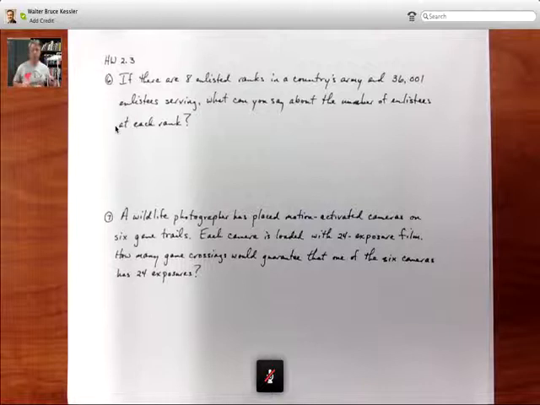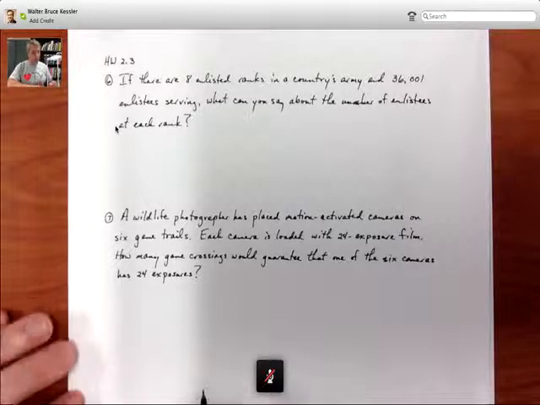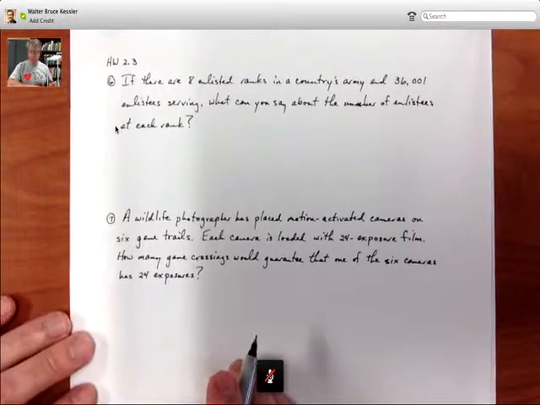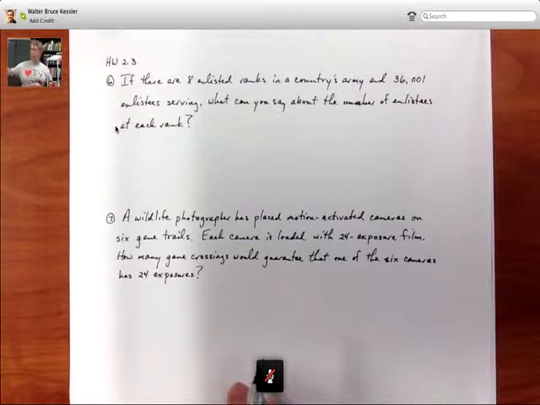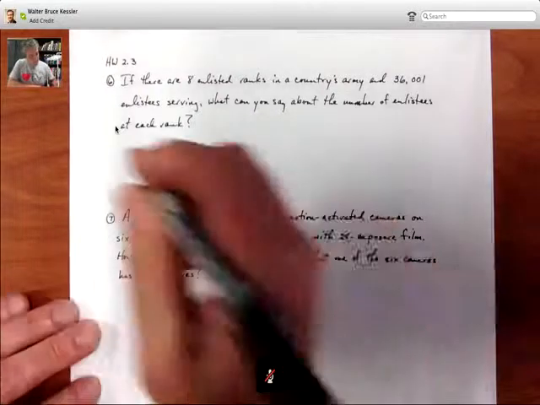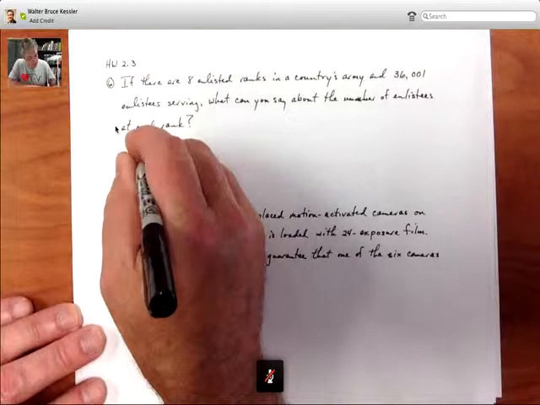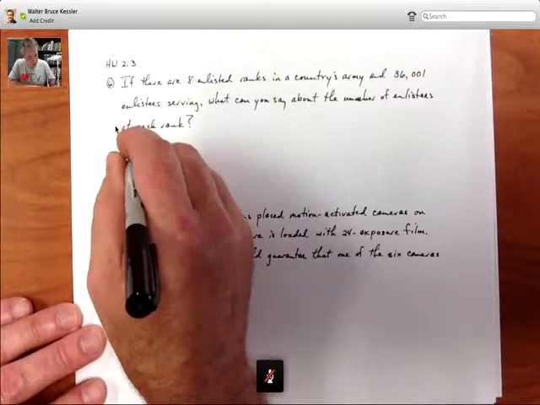Okay, problem 6. If there are 8 enlisted ranks in the country's army and 36,001 enlistees serving, what can we say about the number of enlistees at each rank? Well, this is straightforward pigeonhole principle. It's the generalized pigeonhole principle, correct? So we can say this: there are at least